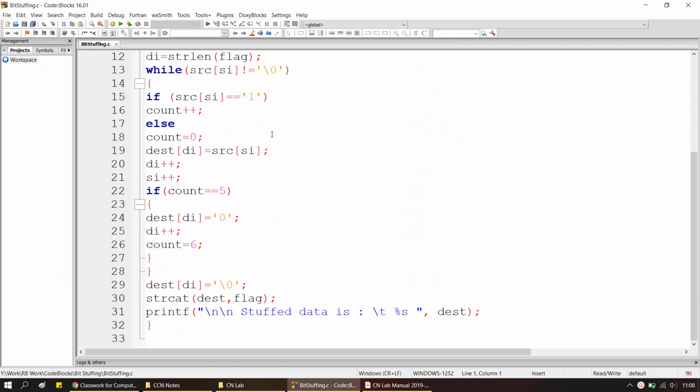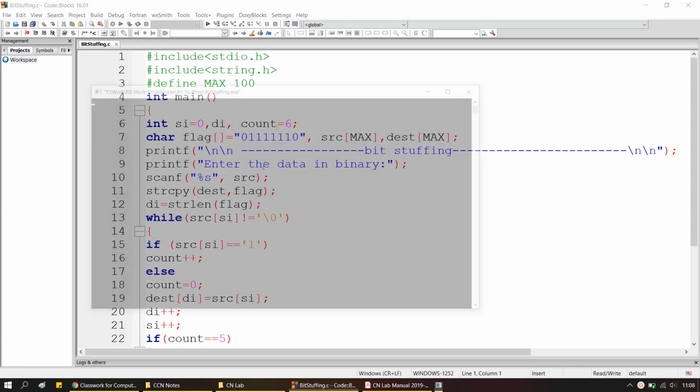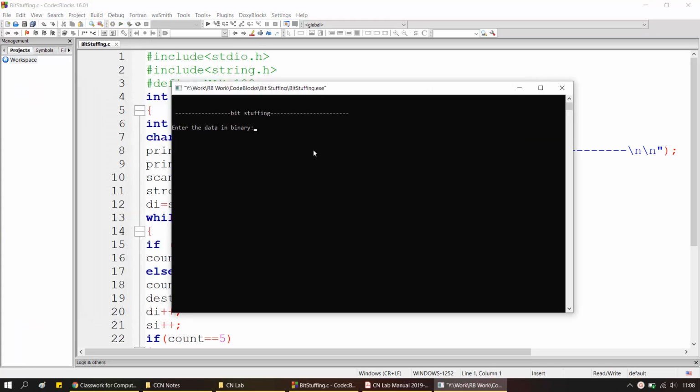Okay, now I'll explain what bit stuffing actually is. First I will tell you what is the output of the program. So in case you want to send data, say this 1111, the stuffed data will be this. This part which you are going to see here is my flag, as explained in the theory, and this part is also a flag. So flag, data, flag, this is what the output is going to be. So how many ones are there? 1, 2, 3, 4, 5. 5 ones have been transmitted successfully.